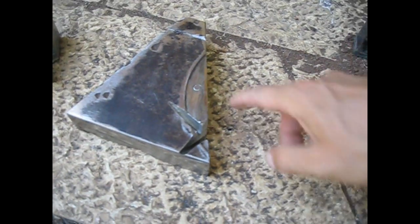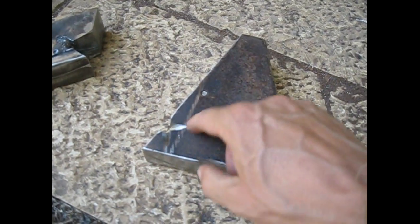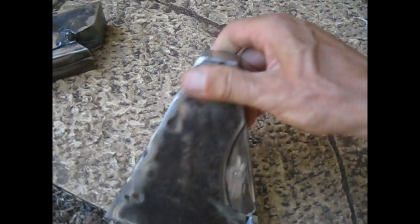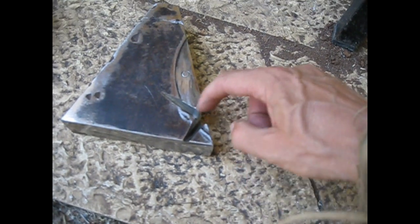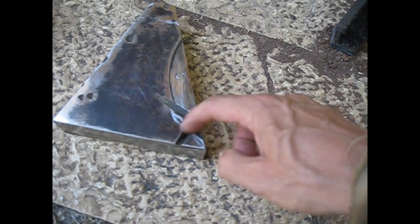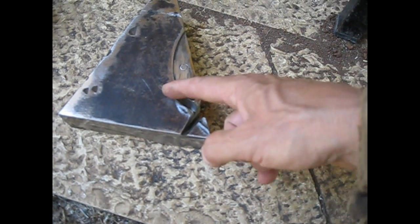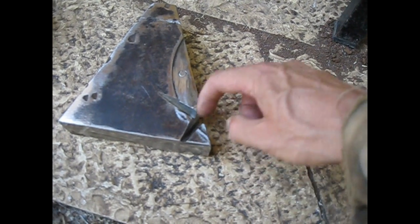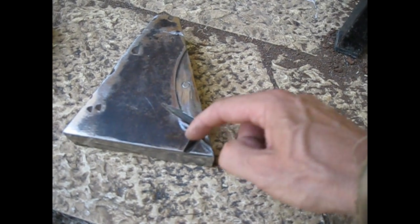You can see that I cut the top bit for the angular horn, or for the tail of the anvil, as you want to call it, but because I'm using the leftover material, I have here the place where it was cut. I cut a bigger chunk to make the main body of the anvil, and I had here these cuts, so I brought a thicker grinding disc and I opened it a little bit more, and later on with the